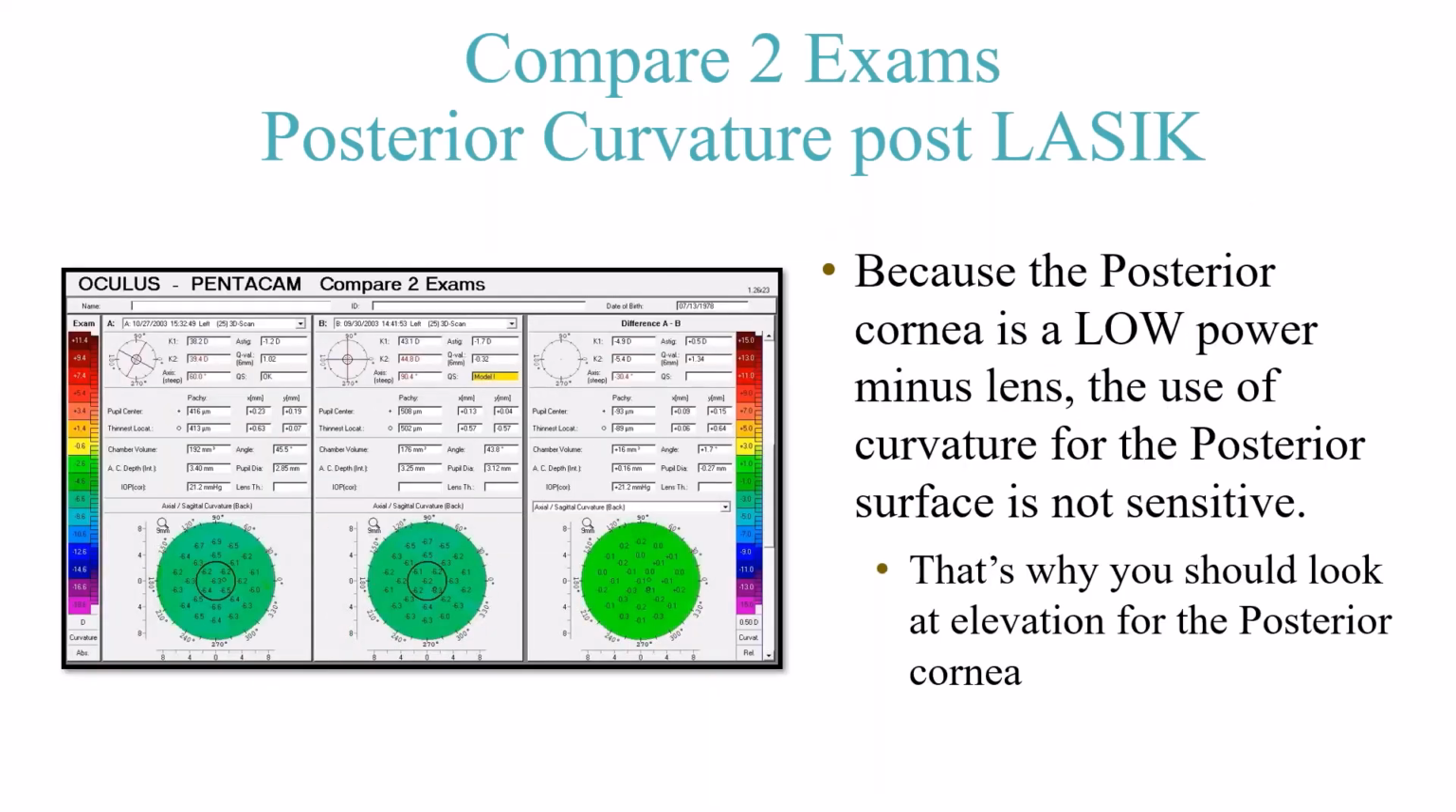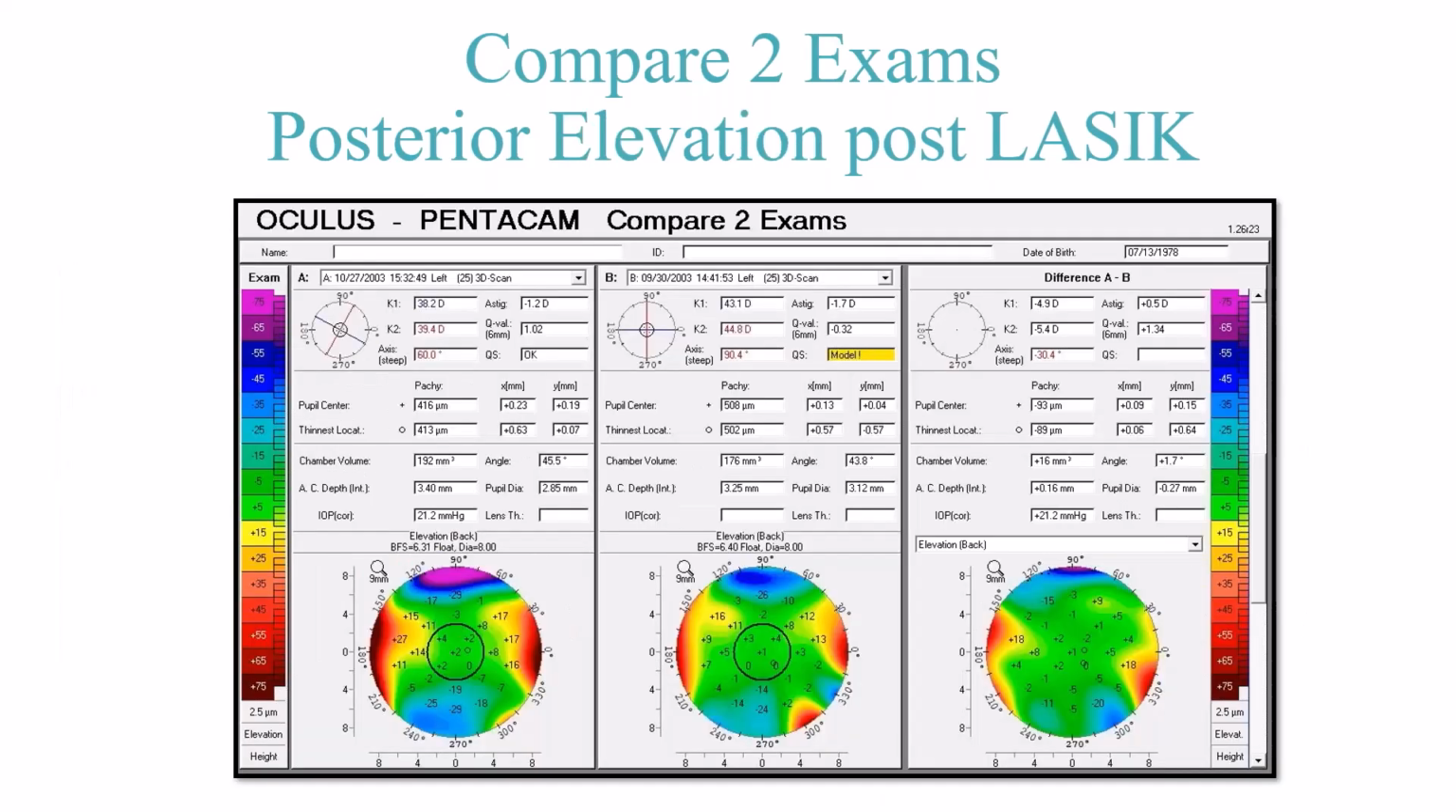So the best way is not to use posterior curvature. Again, the posterior curvature is a low power minus lens, and it's not centered. So that's why you should look at elevation, because elevation is independent of the index of refraction. So here you'll see the compare two exams, back elevation here, and then the difference. But what you will notice, and this is why I say it does get confusing,